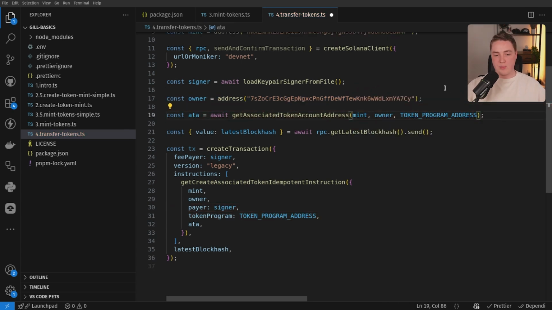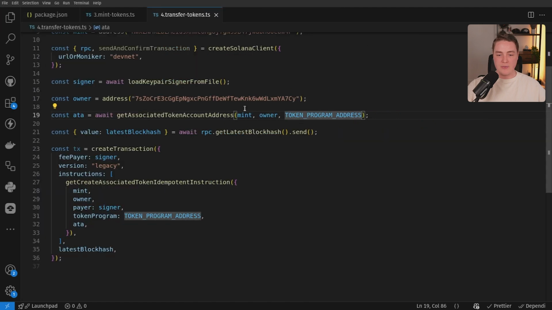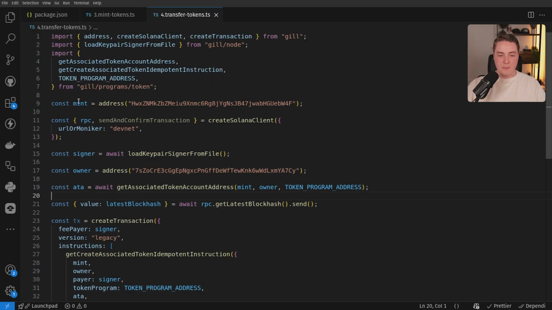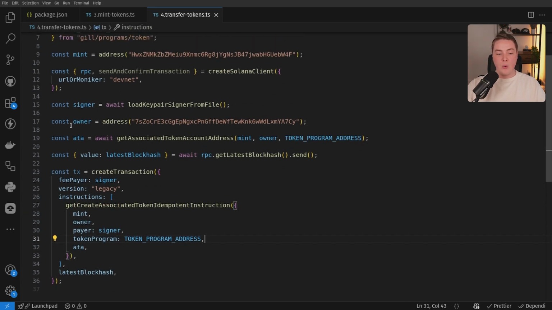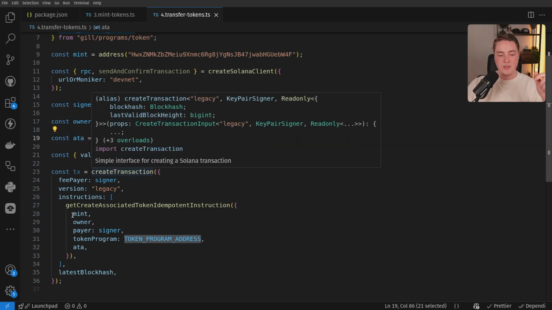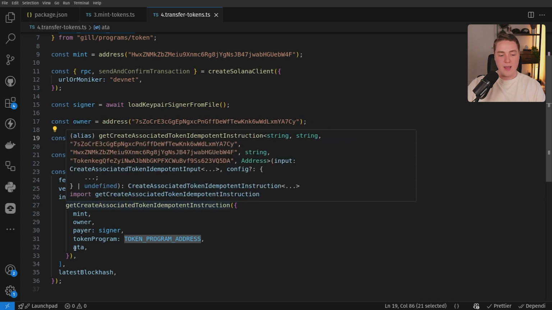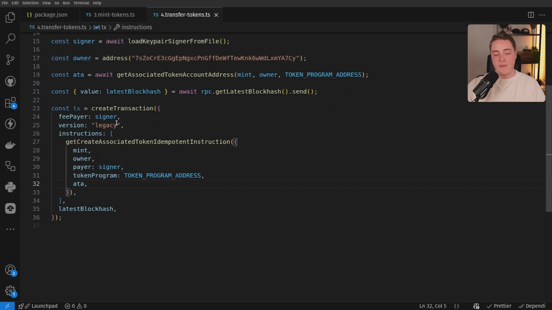We need to know what token program our mint was created with. Okay, close that. This particular mint, this HWX, was created on the legacy token program. So you need to know that, and you need to use that correct token program. We're going to derive our associated token address, which is basically the actual address, again, that owns the tokens. The way that you derive this, there's a helper function inside of gill for it. You need to know the mint itself, the owner, so the destination for these tokens, and the token program itself. And you can just pass all those in, derive the ATA, and then we have all the information to create